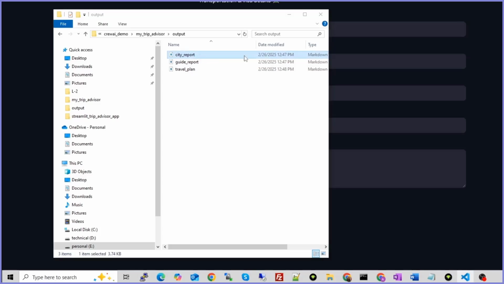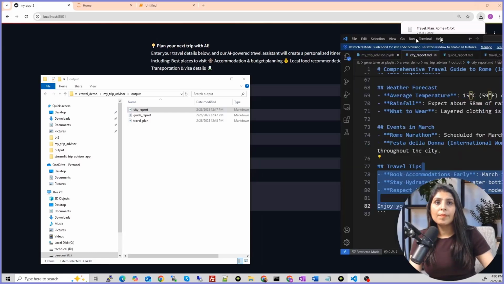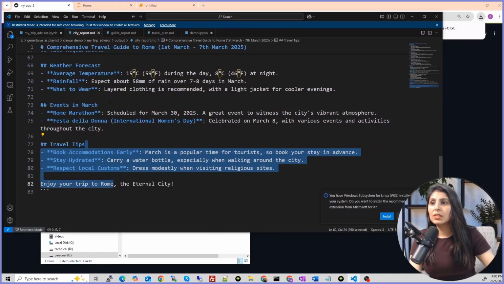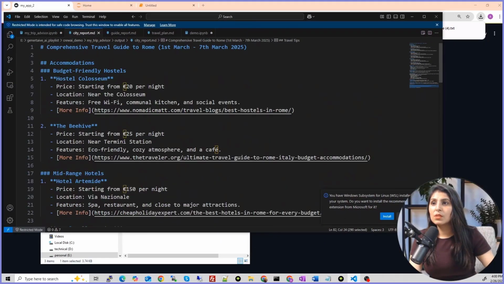So let's see what we get from the city report. See, this is what we got from the city report. Travel guide to Rome. These are the dates which we have mentioned. Accommodations: budget-friendly hostels.